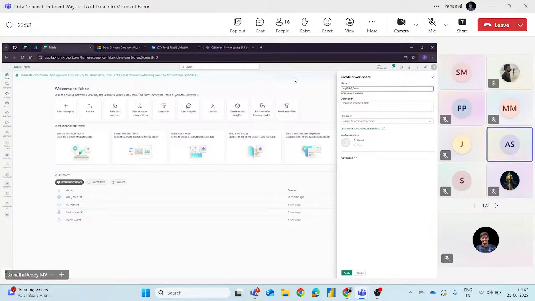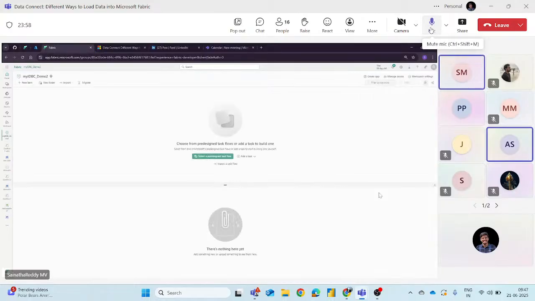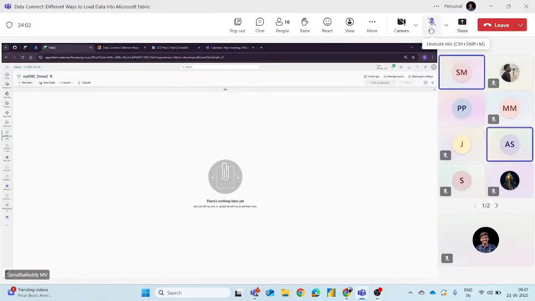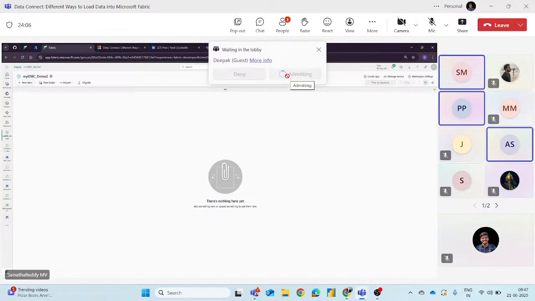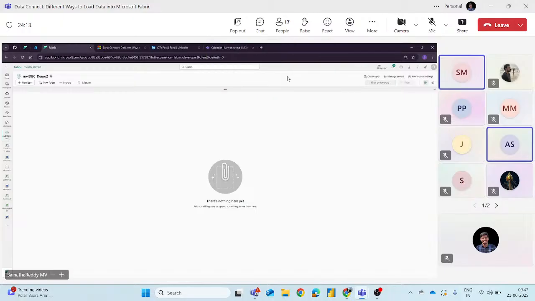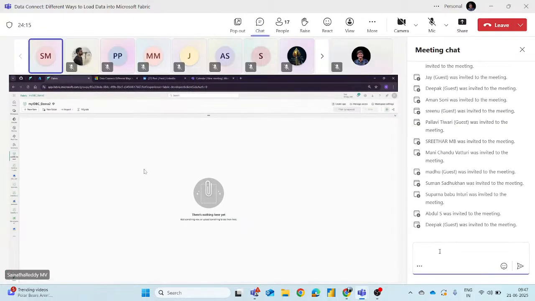Are you able to see the screen? Yes, we have created a... There is a blank or black screen. I think you need to disconnect and rejoin once again. It's clear for me.